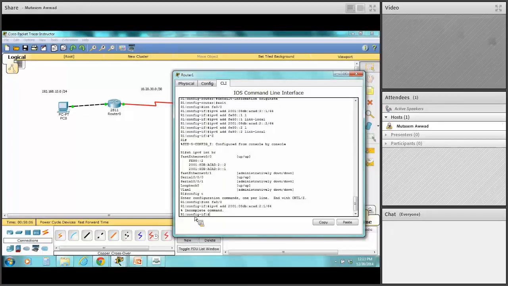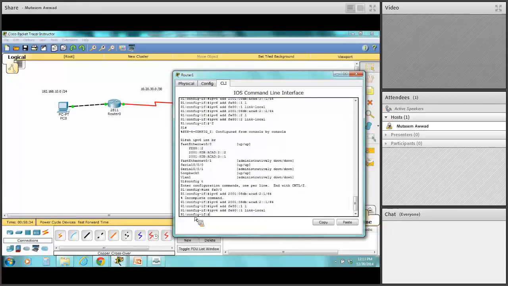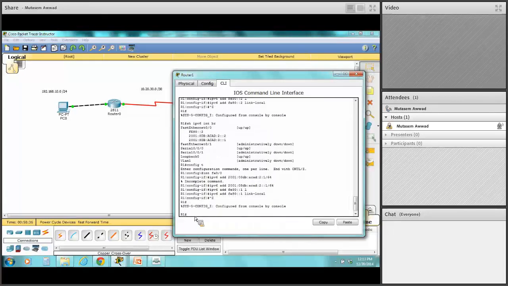What did we do wrong? IPv6 interface incomplete command. Oh, colon. We've got to do two colons, right? And then IPv6 address FE80::1 link-local. Okay, I'm going to want to make sure to show